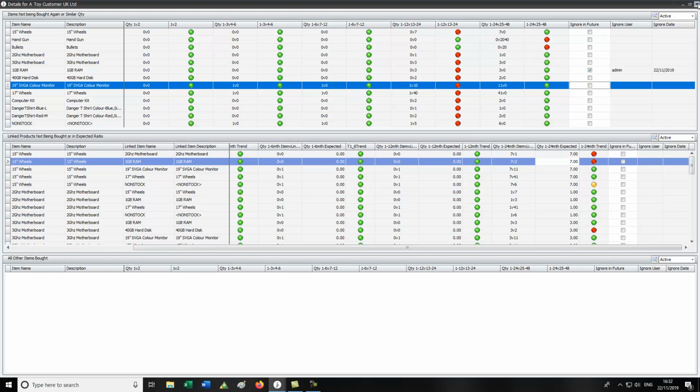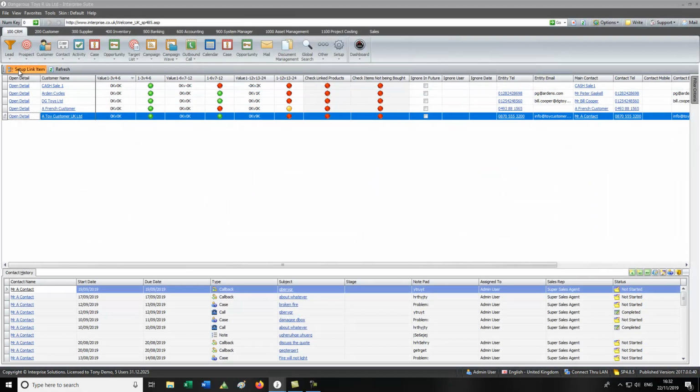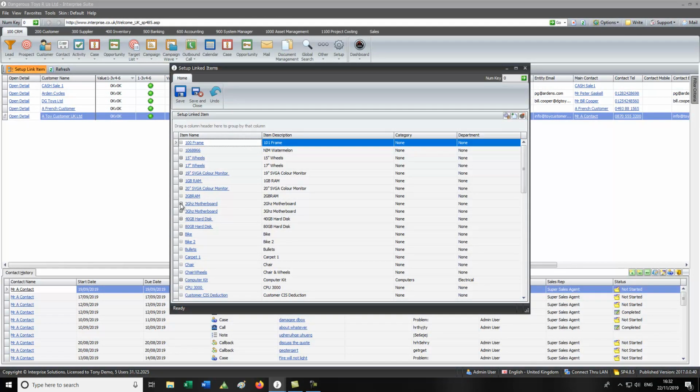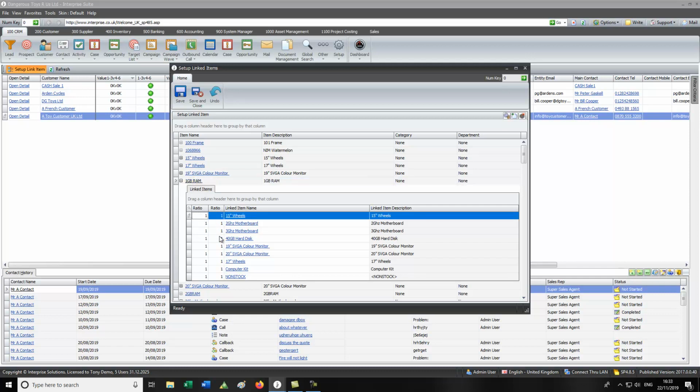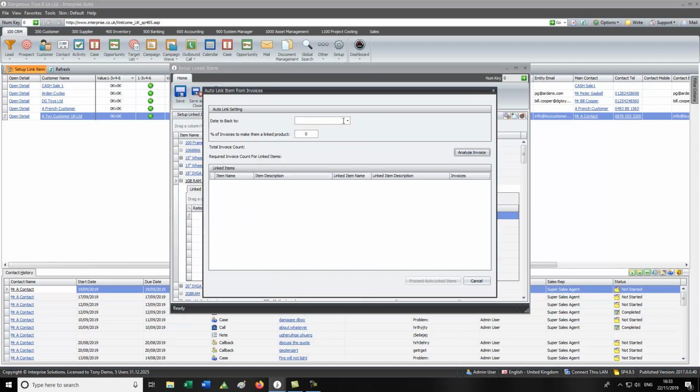Okay, so let's just come out of there for a second. If we go to set up linked item, this is all the linked items. So if I look at my RAM, for example, these are all the items that people who buy those items usually buy as well, and this is the ratio they buy them in. Yeah, and we do have a little tool that allows you to say, well, okay,